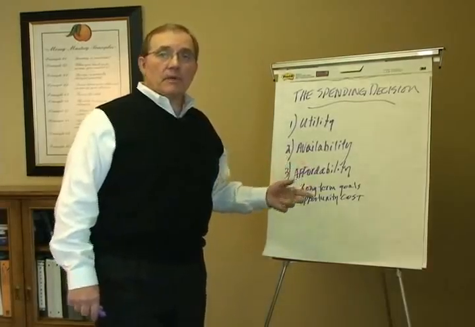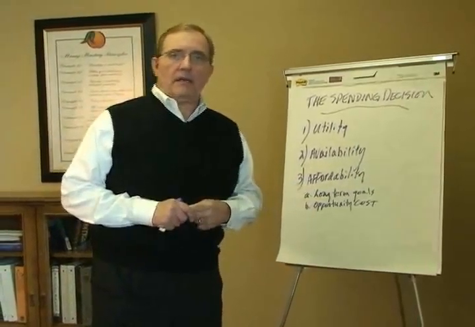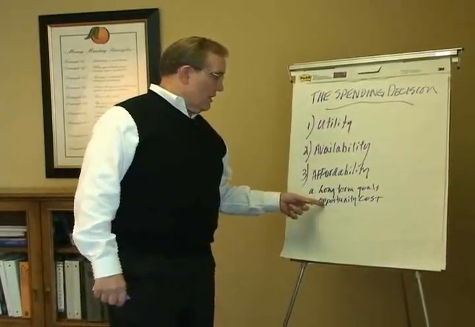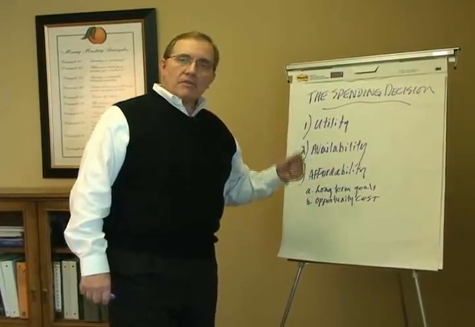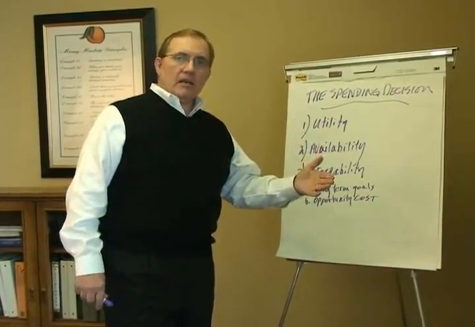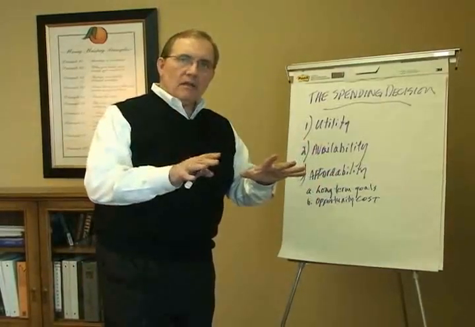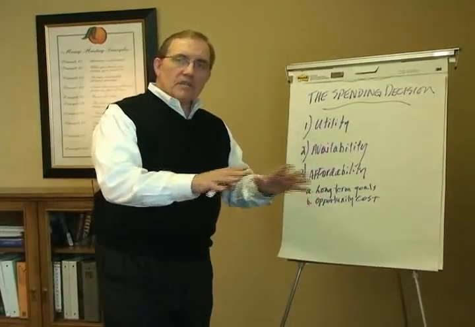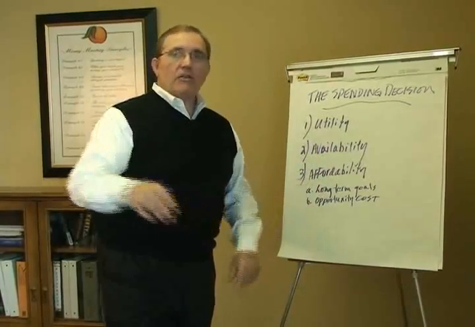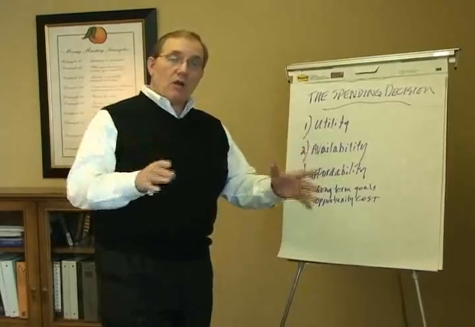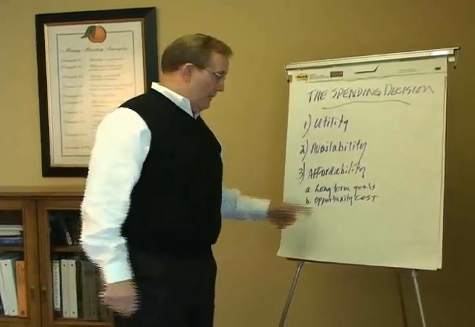To understand affordability, we've got to understand there's two parts to it. The first part that I want to mention is opportunity cost. Opportunity cost means that if you spend money on something, that means that money can't be spent somewhere else. So it's gone. If you just spent $10 for something, just remember, you'll never see that money again. You've probably got to find another $10. So there's always a cost whenever you spend money.